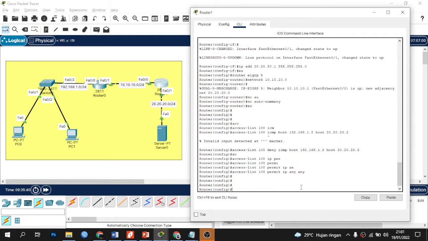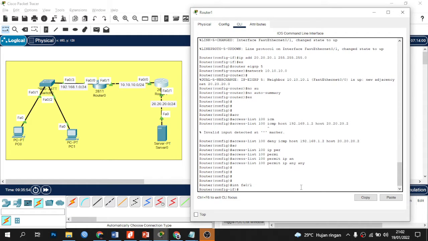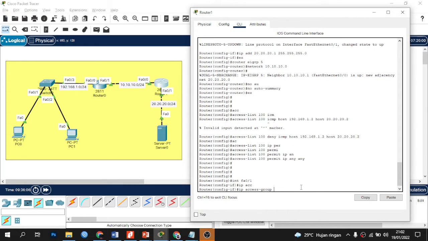After that, we enter one of the interfaces of router 1. For example, interface FA0/1. Here I enter the command ip access-group 100 out.